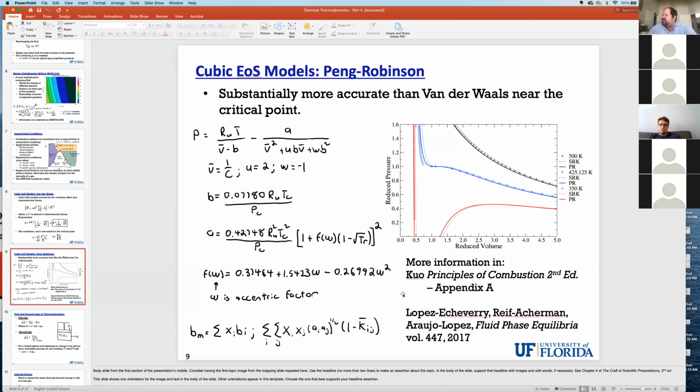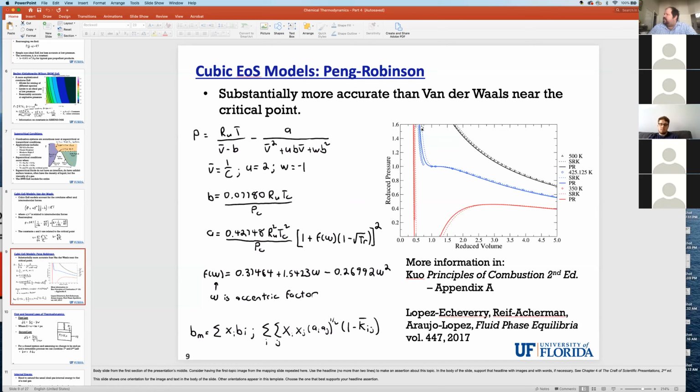And so there is much more information on this in the back of Quo's book. And also there's a very recent paper that discusses Peng Robinson and some of its modifications. Here is a picture from that paper that shows some isotherms as a function of volume and pressure. This one is above the critical temperature, and this one is the critical temperature isotherm, and this one is a